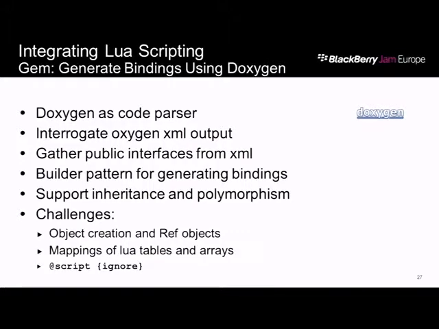So what we did was we wrote a tool called Gameplay LuaGen, and what it does is it basically parses the XML Doxygen folder. We have a builder pattern that then interrogates the output of that, and we build our own generated bindings off of that, following the exact pattern of that. Some of the challenges that we faced: first of all, it works really well. You're like, man, I just generated the entire bindings of every public interface and protected interface.